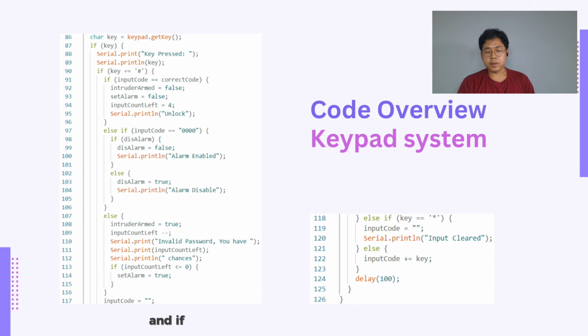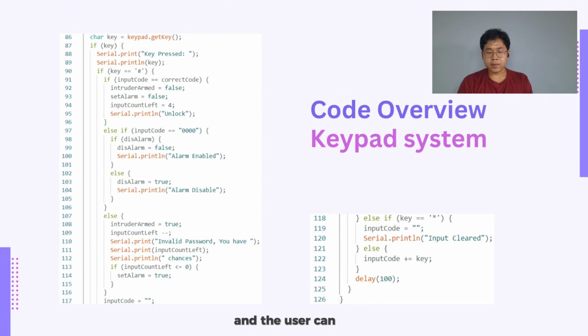If the password does not match the input, the user has only 3 chances left to input the right key, and if they cannot, the alarm will be set, and it will not be turned off until they enter the correct code,